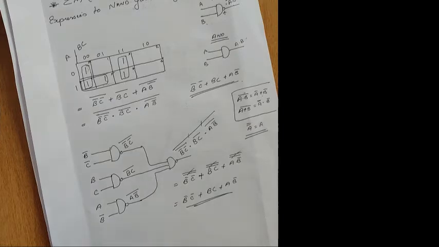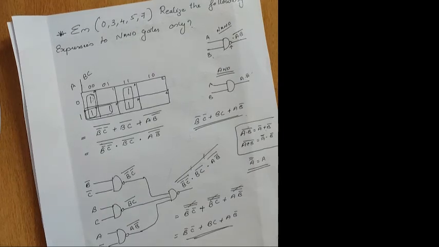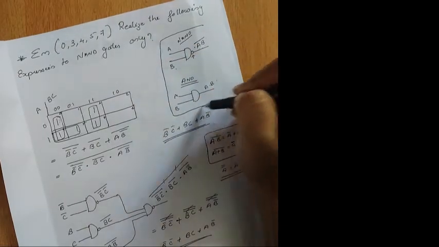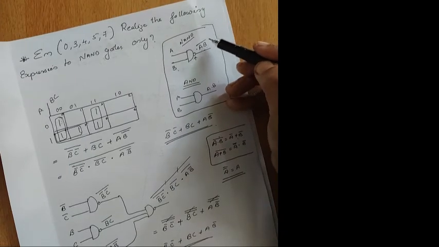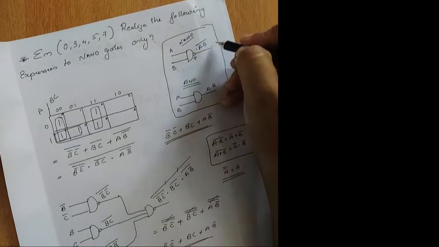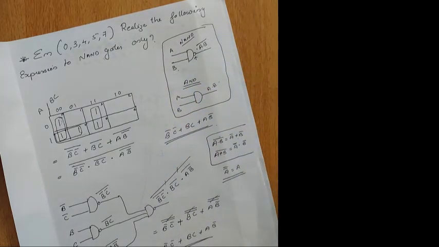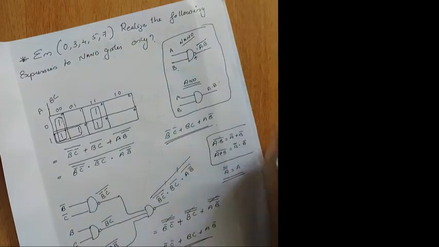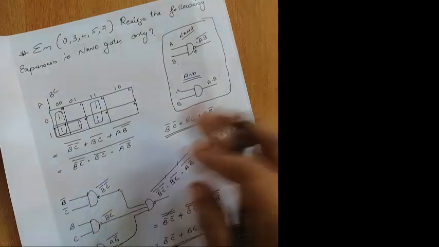Hope you got this. So whatever expressions you are getting after doing your K-map, for all the expressions, you have to convert it to a NAND gate by giving a bar. This is the basic thing that you have to understand. For an A into B operation, to convert to a NAND gate, you have to give a bar over there. If you have 3 inputs A, B, C, you have to give A B C the whole bar. Whatever terms you are getting, you have to give it a whole bar. Suppose you're getting only a single term, like A bar, then you can give that also to a NAND gate.